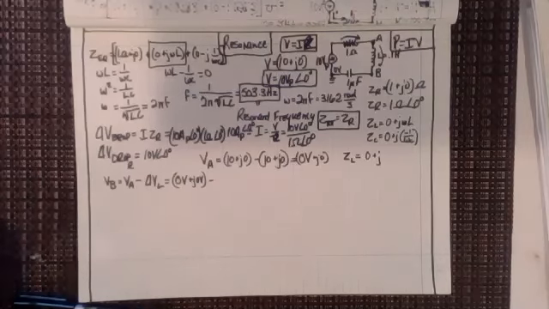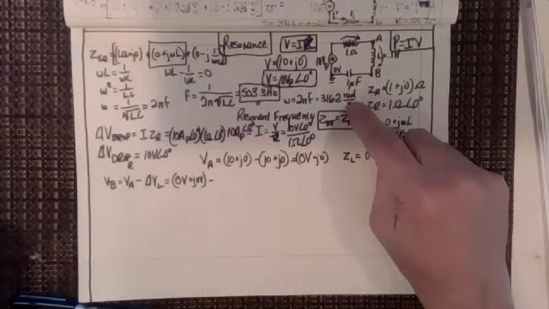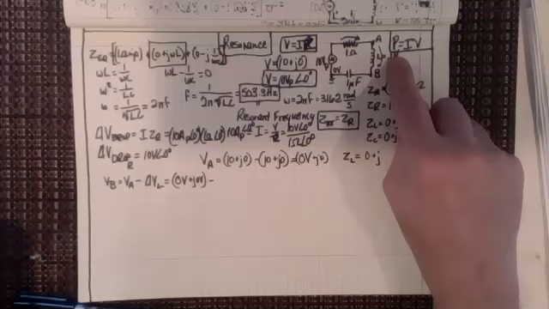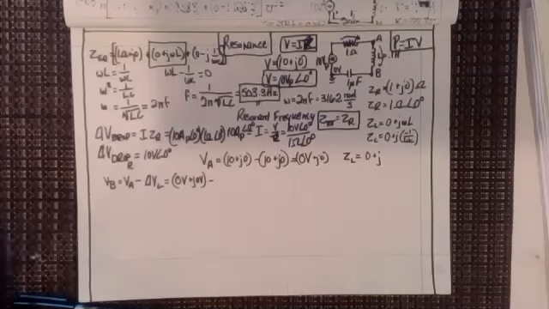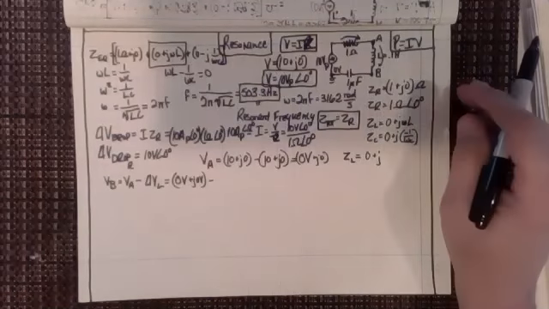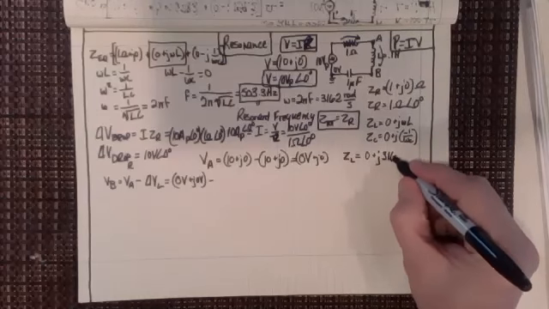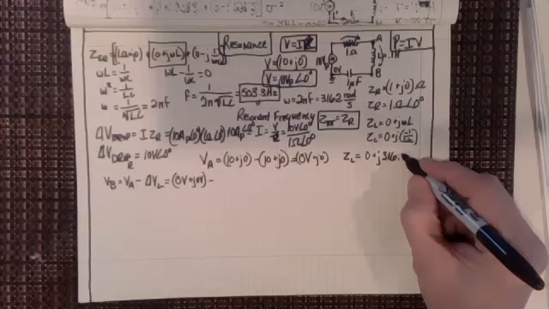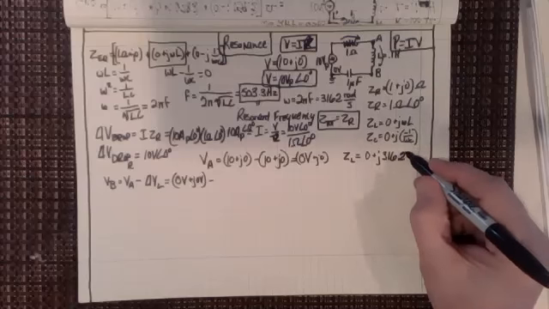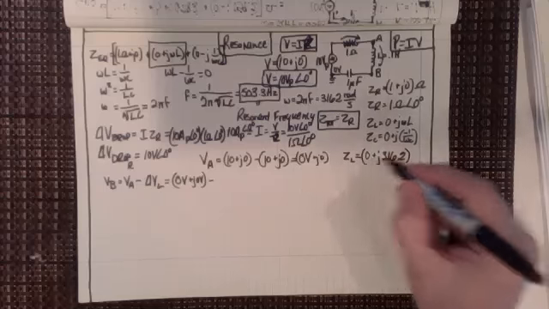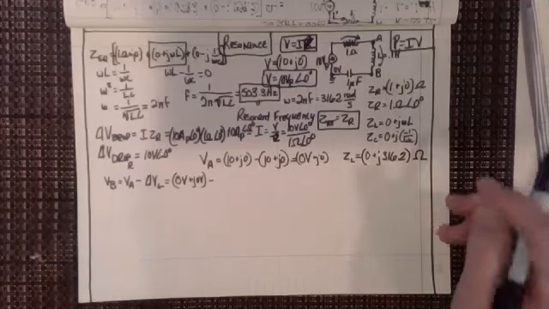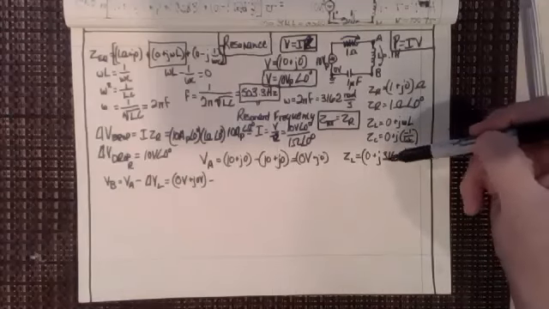Well, 3162 radians per second, right here. That's omega, times L, which is 0.1, gives me 316.2. 316.2, right? And those, of course, are ohms. So 0 plus